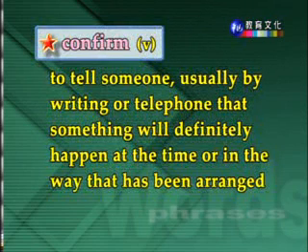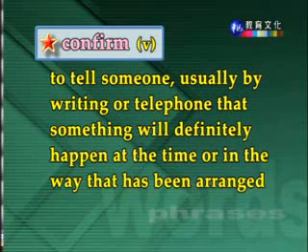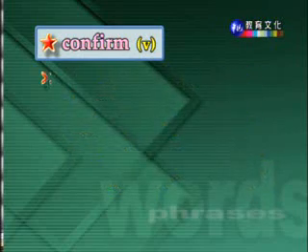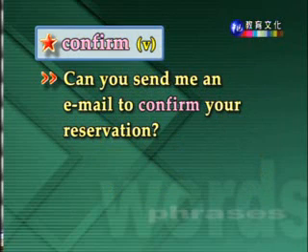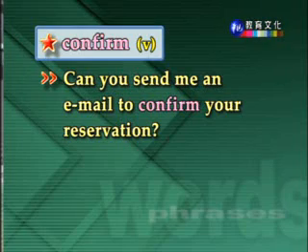Confirm. To tell someone, usually by writing or a telephone, that something will definitely happen at the time or in the way that has been arranged. Can you send me an email to confirm your reservation? 你可以发封电子邮件来确认我们的预约吗？